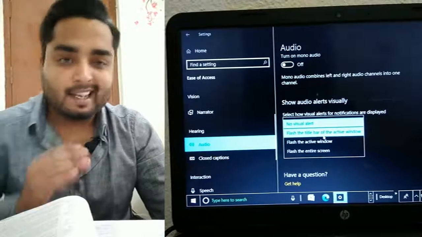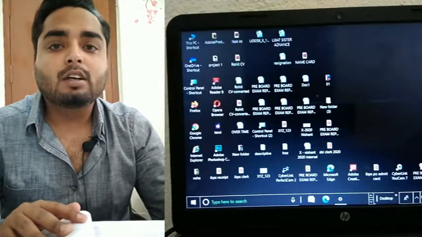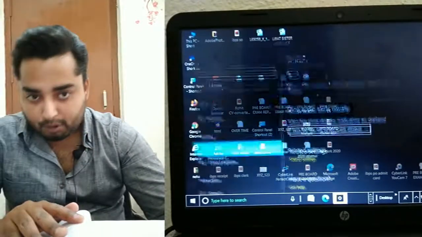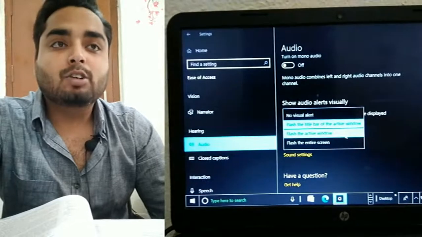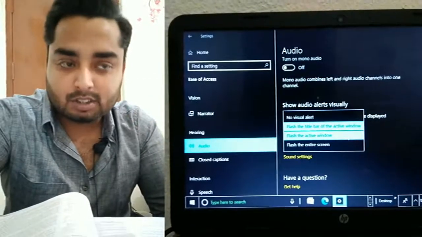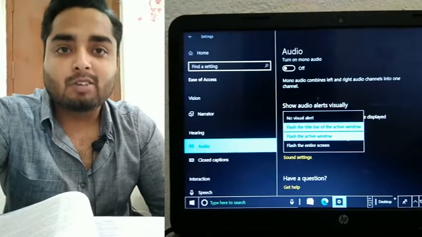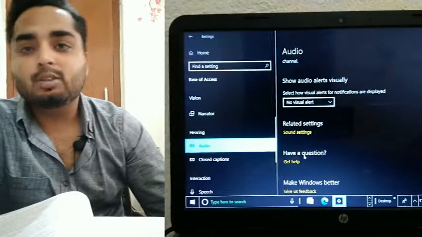That means for any type of sound, it flashes the title bar or active window on the computer screen, so that a person who cannot hear a particular sound can see the sound by using these flashes. So now we are using visual alerts.